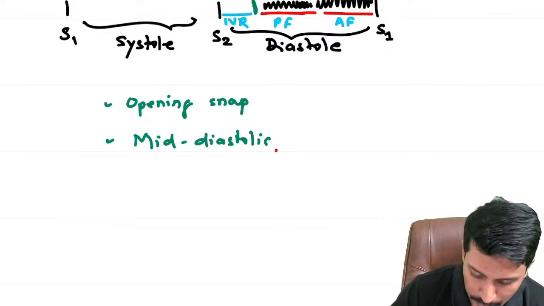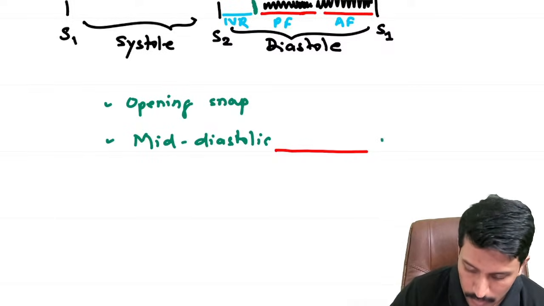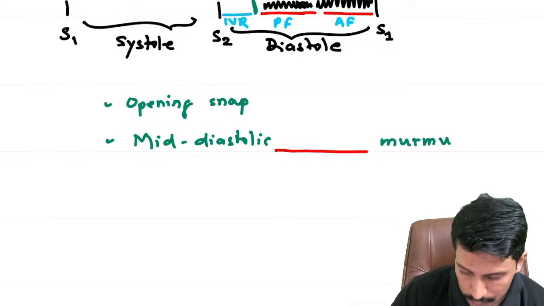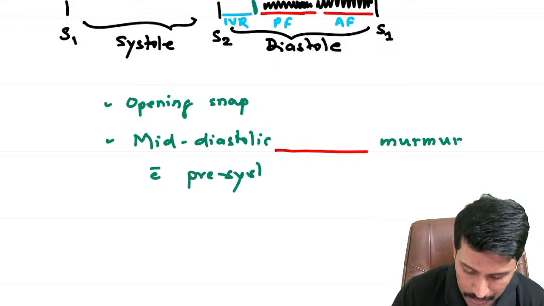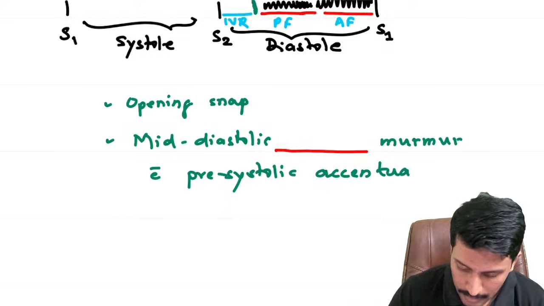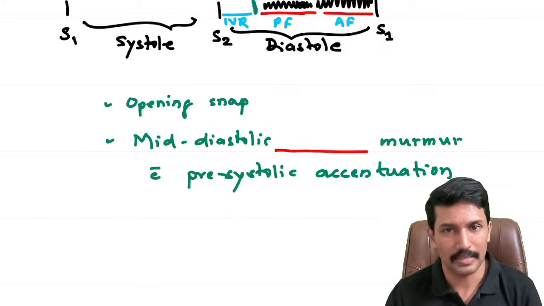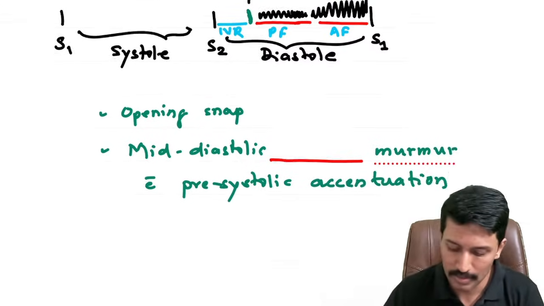I'm just leaving a little space to fill a word. I'll come back to that. Mid diastolic murmur with pre-systolic accentuation. Pre-systolic accentuation. The increase in the intensity in the active filling phase or just before the systole starts is called as